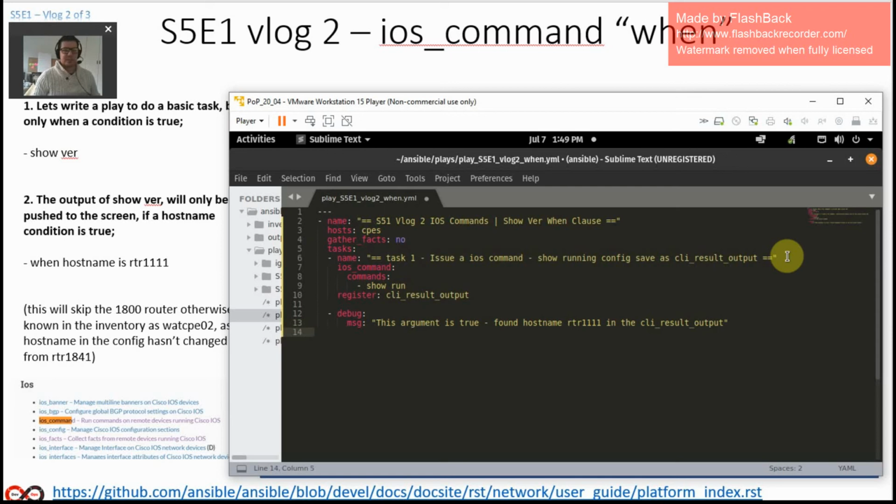This is where the fun begins. When. Notice where when is. It is there. It is not a child thereof. It is there. So we will do this when the following is true. So when the string RTR1111, close out the string, in